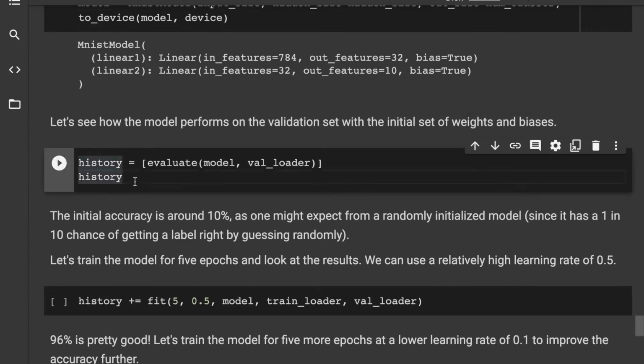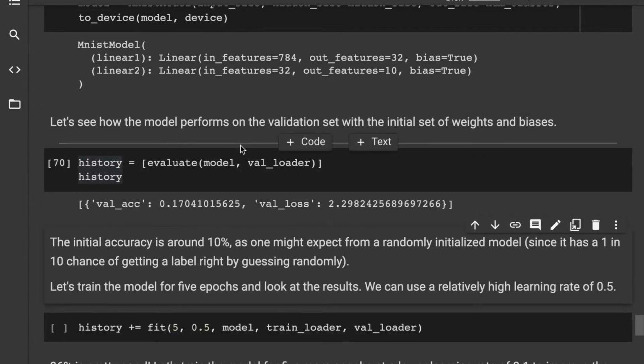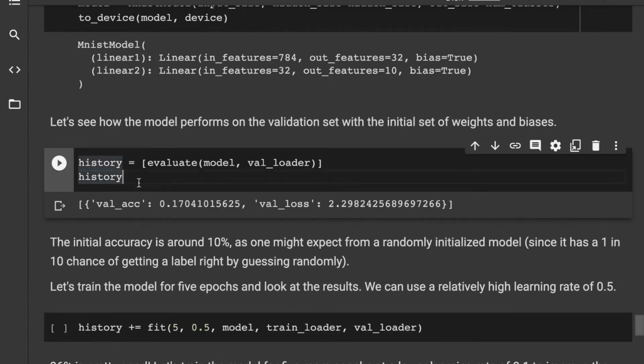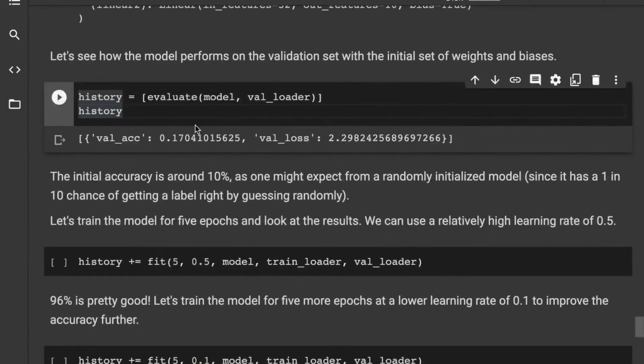But before we do that, let's just check how it performs on the validation data loader. And now straight up, you can see here that that was pretty fast. If you had done the same thing on a CPU, this would have taken you a longer time. But here, 60,000 images were passed through a multi-layer neural network, and all the batches, all the losses and accuracies were calculated, and they were averaged out to return this in less than a second. And that is really the power of a GPU, which is it improves the computation by an order of magnitude